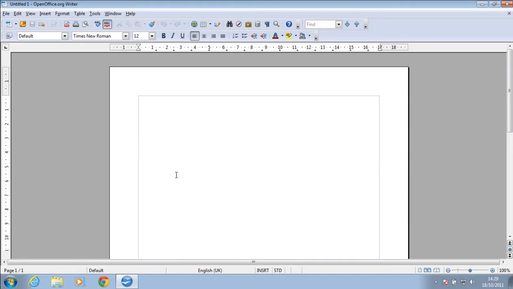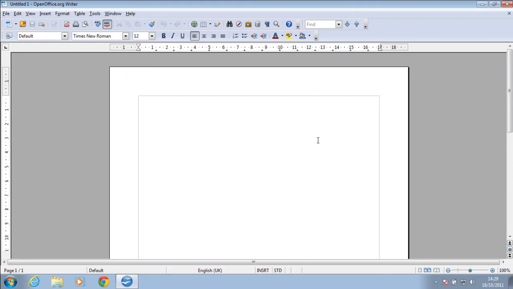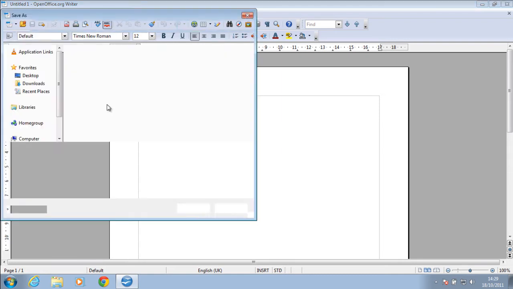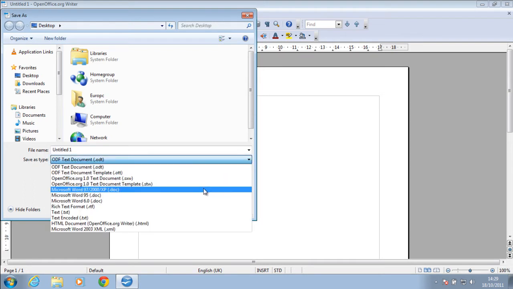You can see the interface is very similar to Microsoft Word. You have all the same different options. And a good thing about OpenOffice Writer, which is the official name for the text document program for OpenOffice, is that you can actually save in Microsoft's format. By default, it chooses the OpenOffice format, which is ODT. But like I said, you can change to Microsoft's format, which is .doc, or the newer version is .docx,